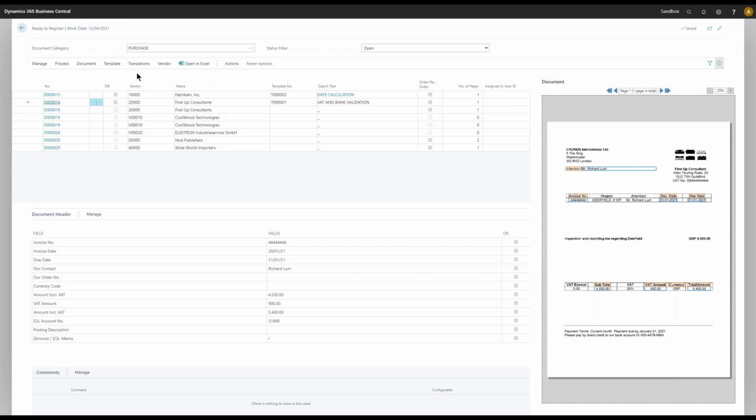With this document, we're going to look at the VAT and bank validation, the fraud prevention settings that we've added. You added two new fields: a VAT number check and a bank account check. Right now I have no fields down here that look like those two,